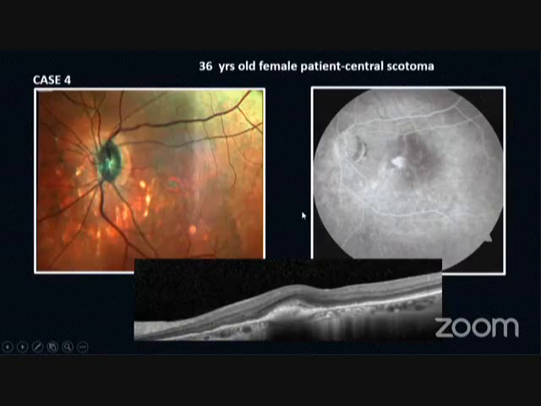Okay, good. So a fourth case is a patient who is myopic, and she comes with a CNV that we can see both by fluorescein and confirmed by